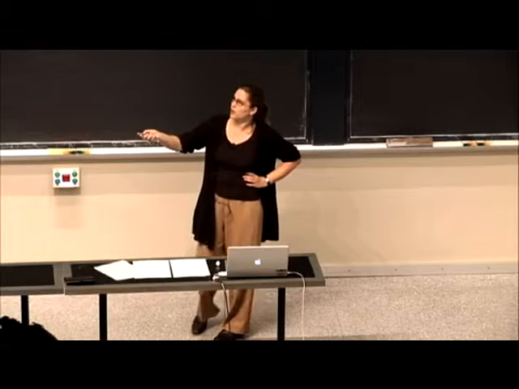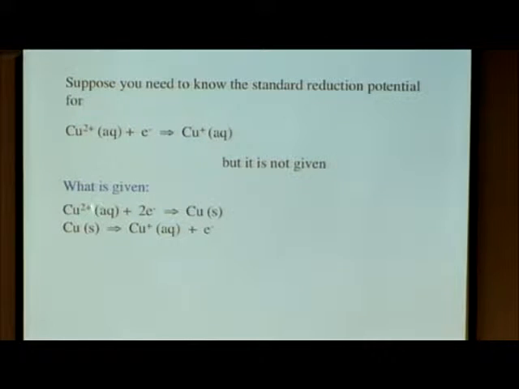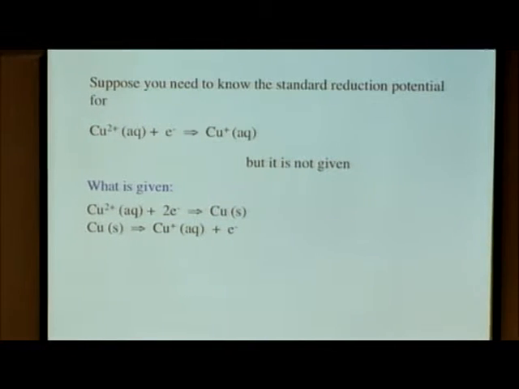Suppose you need to know a standard reduction potential, and it's not given to you in the back of the book. But other things are given to you in the back of the book. Can you calculate the thing you need from related equations? So suppose you really want to know the reduction couple for copper 2 going to copper 1, but that's not given. You find copper 2 with 2 electrons going to copper 0, and you find copper 0 going to copper plus 1 with 1 electron,